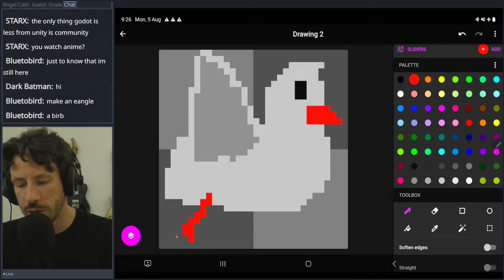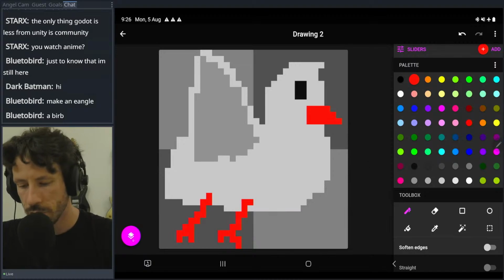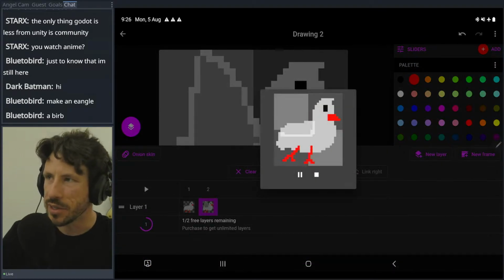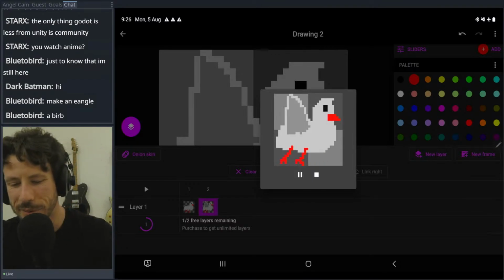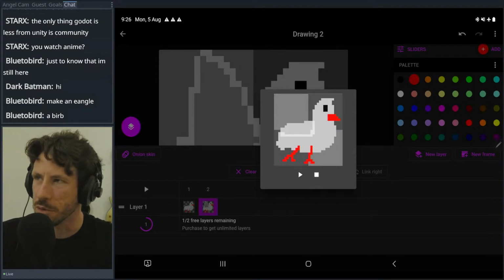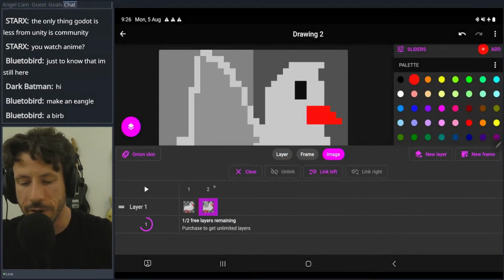Let's put his feet back on. Okay. I mean, is that just not the best bird you've ever seen? Probably needs more frames. Maybe we should go for 2 more frames so that it's not as crazy. I mean, that is kind of funny, but, you know,